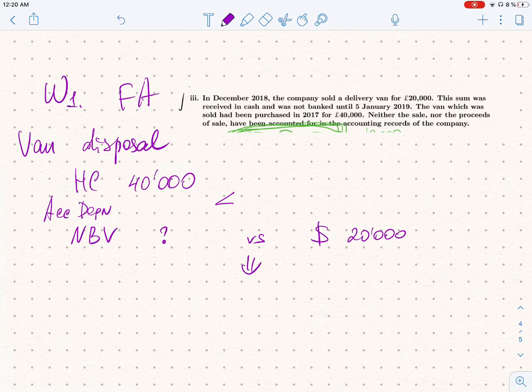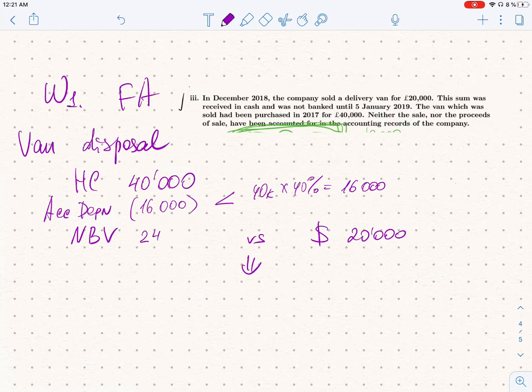The van was purchased in the previous year, so we have to accrue only 1 year's depreciation, and vans are depreciated on the reducing balance method using a 40% per year rate. So we have to multiply the 40,000 of initial cost by 40% for the year's depreciation, and 16,000 eventually would be the accumulated depreciation at the year end, because the company provides no depreciation in the year of disposal, so only 1 year's depreciation charge should be accounted for as accumulated depreciation. Net book value at the moment of sale was